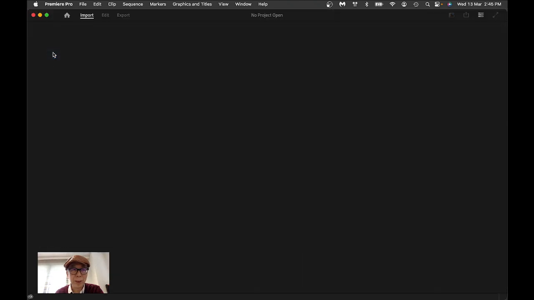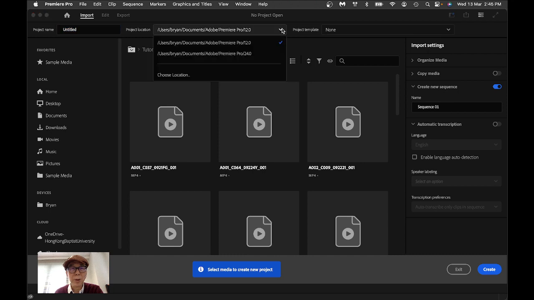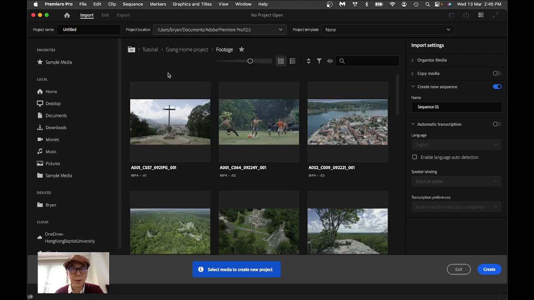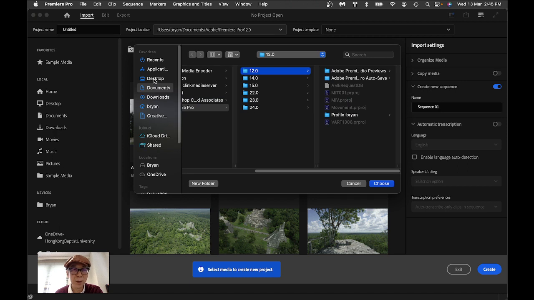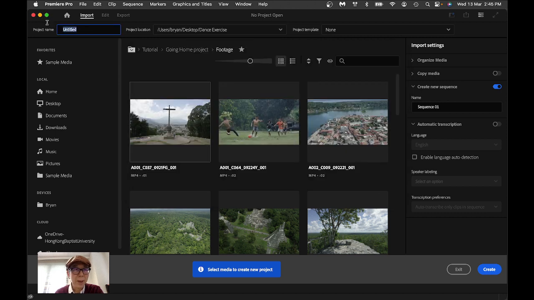Okay, so we're going to create a new project. And then we need to choose the project location on our own computer, on the desktop at this moment, which is the dance exercise. And then you can give it a name for the project. So now we are going to create the